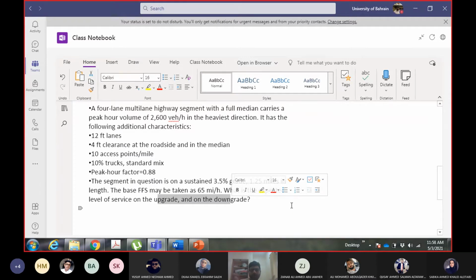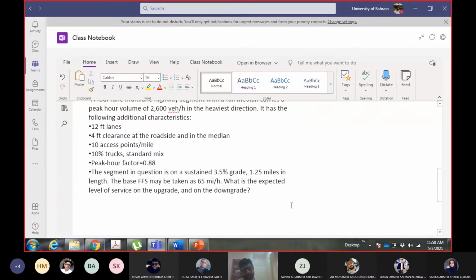So upward and downward doesn't mean we are talking about different segments. We are talking about the same segment, but different directions. The same volume can come in any direction. So we have to perform the analysis for upward as well as downward direction. I will do the analysis for upward direction and I will tell you the difference for downward direction, and you can do it on your own. I will tell you where the difference comes. I will start with the calculation of free flow speed. Free flow speed for multi-lane highway is calculated in this manner.